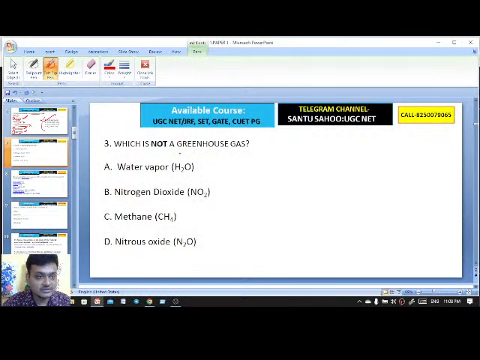Which is not a greenhouse gas? But before answering this, let me know whether you are aware of which protocol was actually signed to reduce the emission of greenhouse gas. Exactly, memory level.